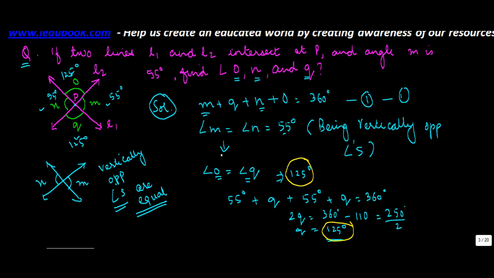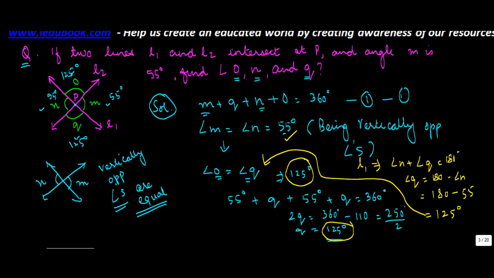The second way could have been that we know that since L1 is a straight line, angle N plus angle Q is equal to 180 degrees, or angle Q is equal to 180 degrees minus angle N, which will give you 180 minus N, we already knew is 55, is equal to 125 degrees. And since O is equal to angle Q, because these two are vertically opposite angles, you write that angle O is equal to 125 degrees as well. Okay,